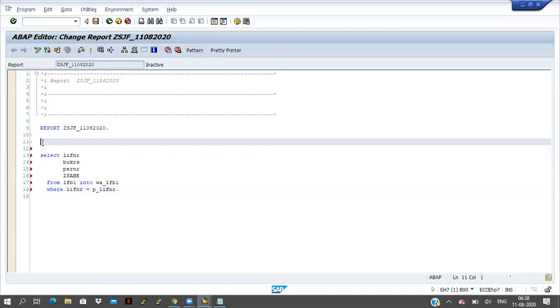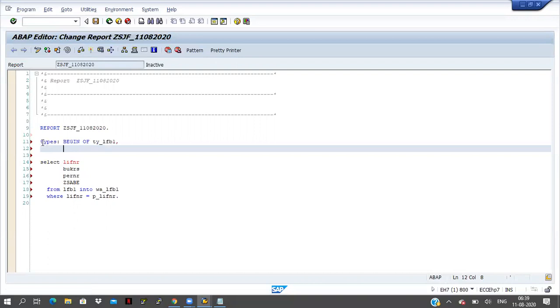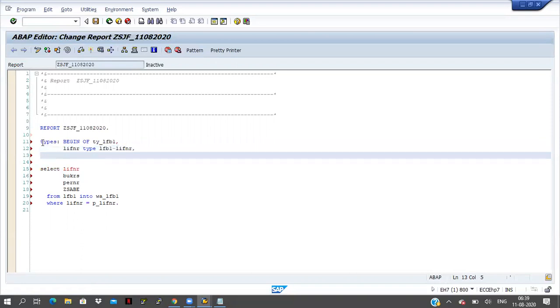Before that, I have to declare one work area. To declare it, we have to declare one type: types begin of ty_lfb1, with lifnr type lfb1-lifnr. If you know the data element directly, you can declare the field with the data element also, no problem.